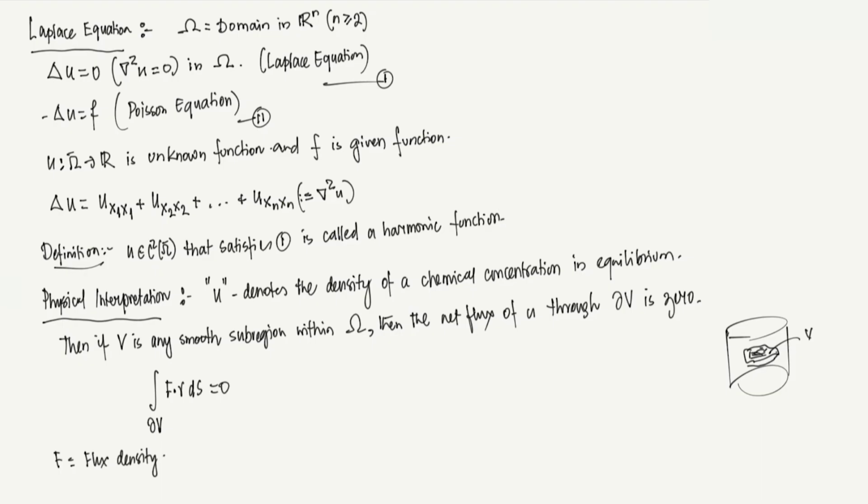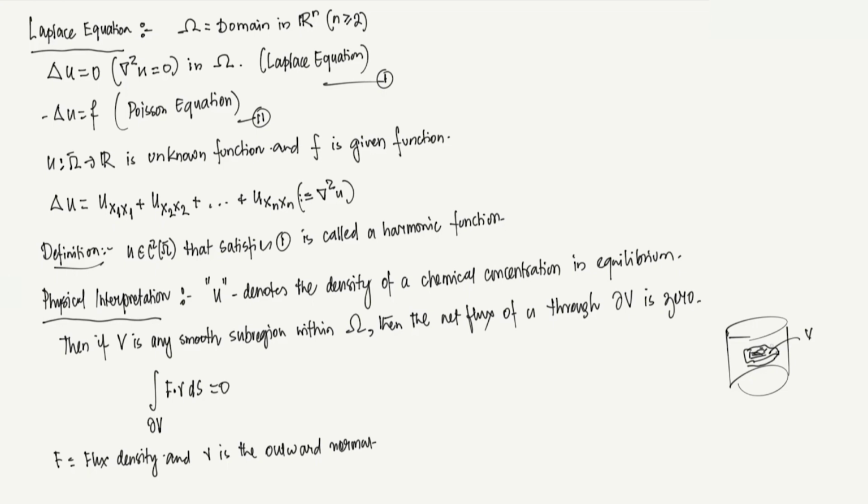So essentially, what it is saying is this: gamma is the outward normal. Since there is a normal, the net flux across this boundary is 0. It means that